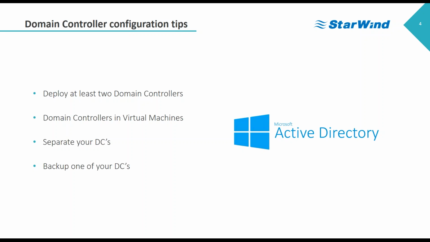The second thing I want to mention is to separate your domain controllers. Let's suppose we're talking about the hyperconverged scenario where you have only 2 nodes in your environment. The great choice will be to set up a main domain controller in a virtual machine within the local storage of your first host. By having one DC VM on a different host or on different storage, you can address nearly any failure situation, but